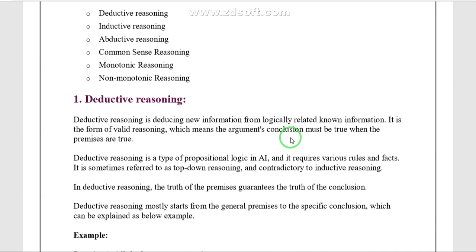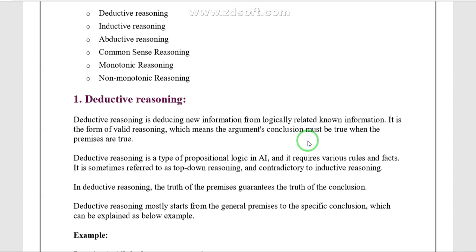Deductive reasoning follows the deducing technique: deducing new information from logically related known information. Already we said that deducing is nothing but substitution. So here we deduce new information from logically related known information.